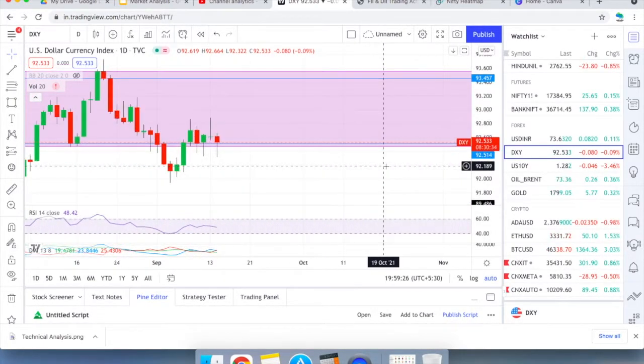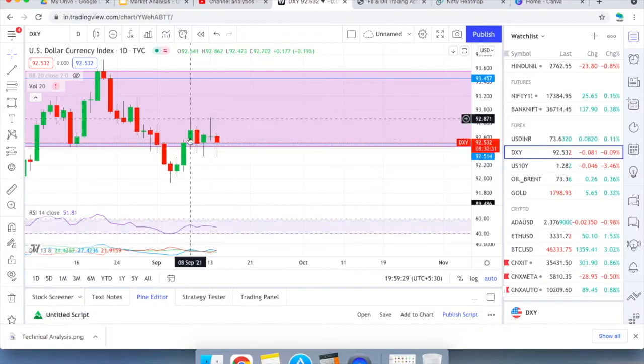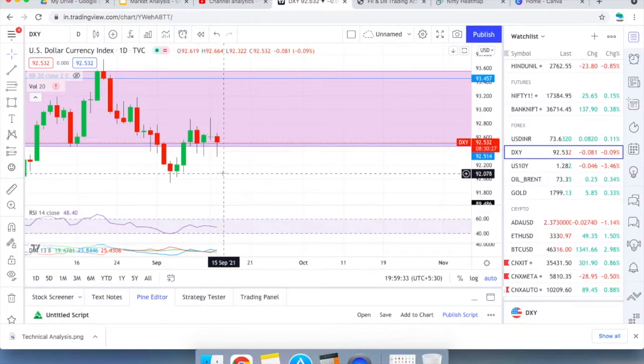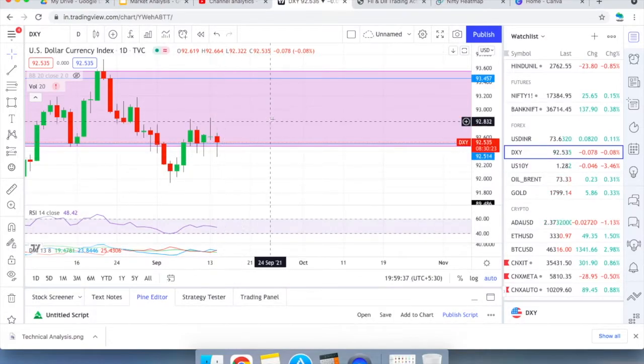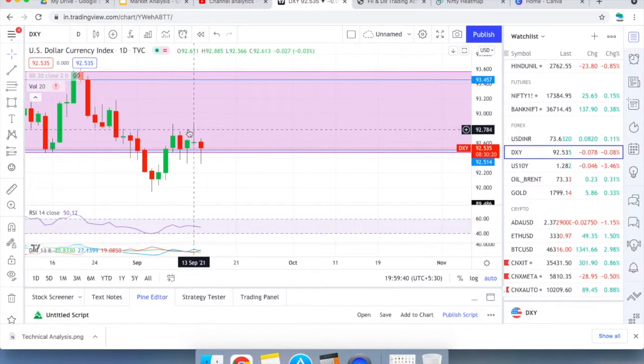It was a hammer day, right? There was a gravestone doji previous to that, which indicates the dollar is likely to come down, but there's support, there's bullish presence here, so buying happened and it went back to this zone. So this gravestone doji could